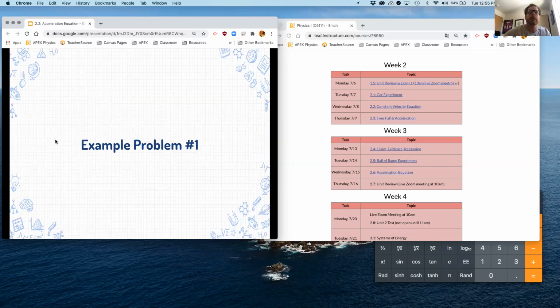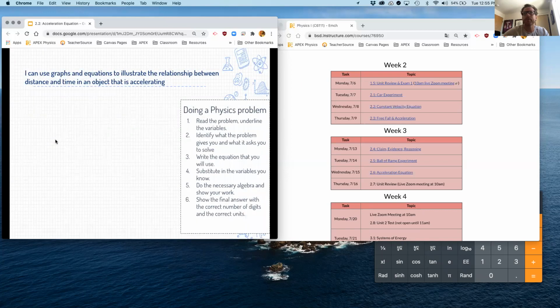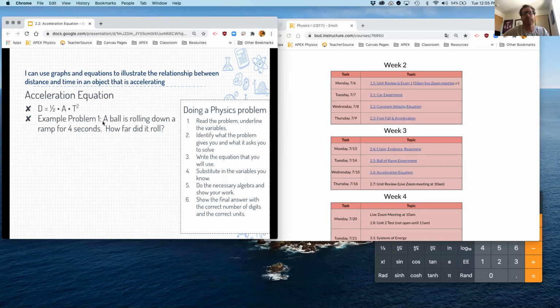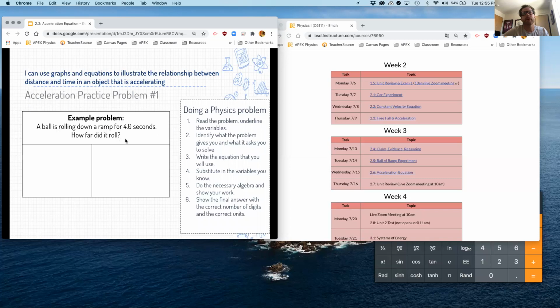Cool, cool. So let's do example problem number 1. This is probably the most straightforward of all of them. So here are the exact same steps that we're using from a while ago from unit 1, okay? And this is the example problem. A ball is rolling down a ramp for 4 seconds. How far did it roll? Okay, so